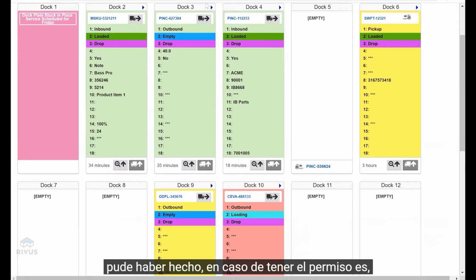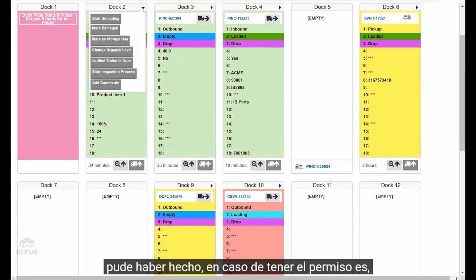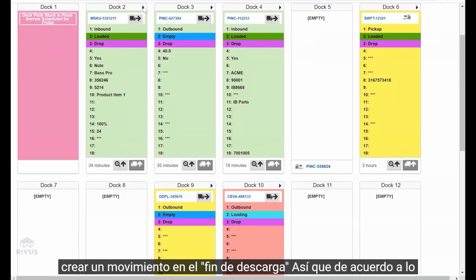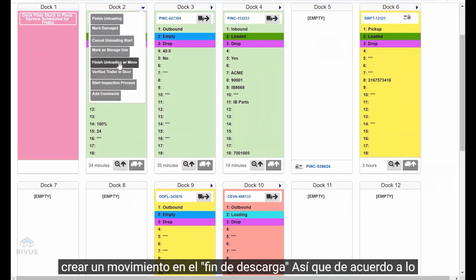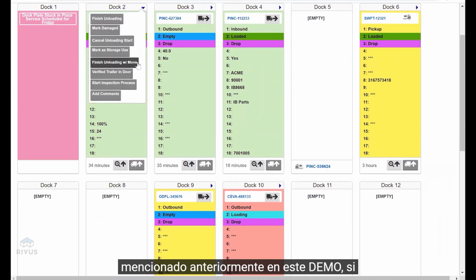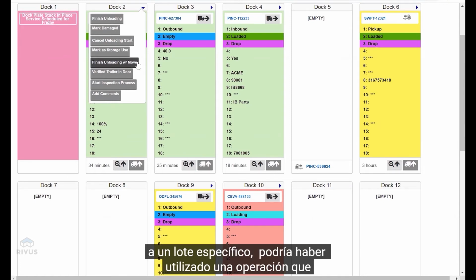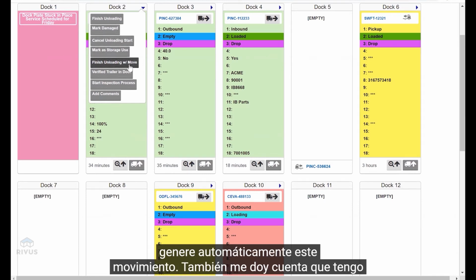The other thing I could have done was, if I change this to a start unloading, I also have the ability to create a move with my finish unloading. So I mentioned earlier in the demo that if I had an empties area and I want all my empties to go to that empties lot, I could have used an operation that would have automatically created a move